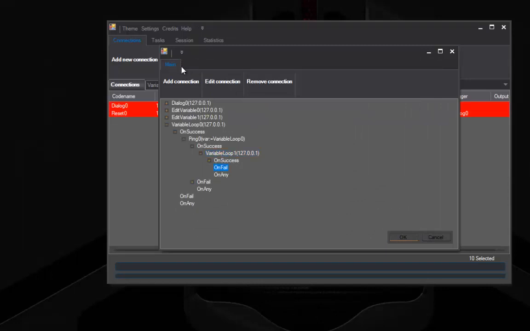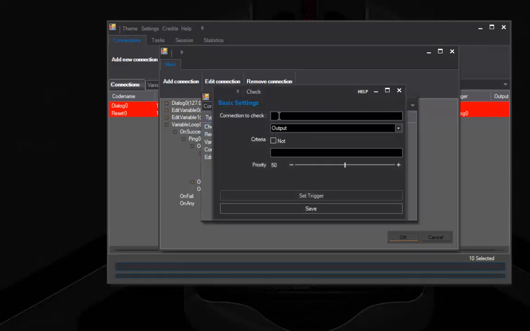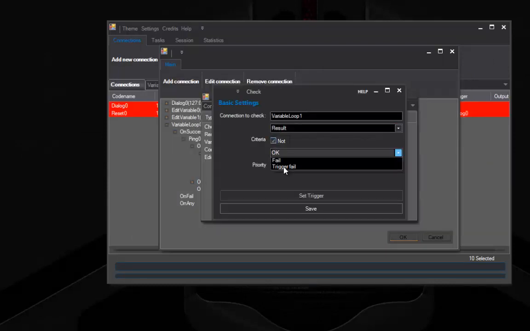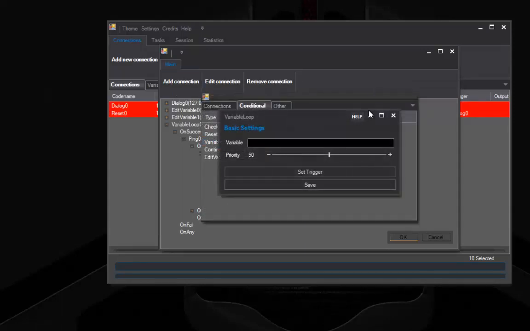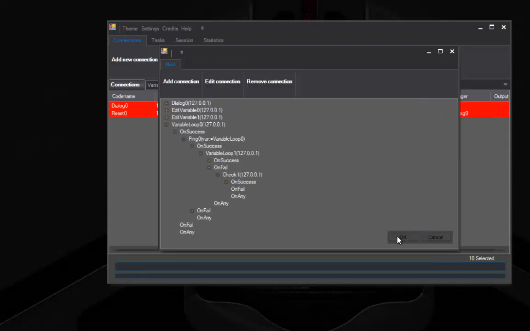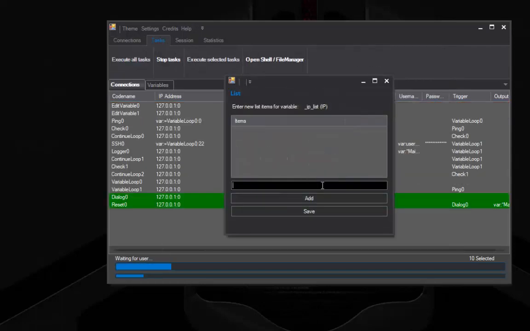And if this variable loop fails, then it means it probably finished looping. So let's check if that fail is not trigger fail. And if it's not a trigger fail, then we are going to continue looping the first one. Okay, and that's pretty much it. We execute, reset logs,